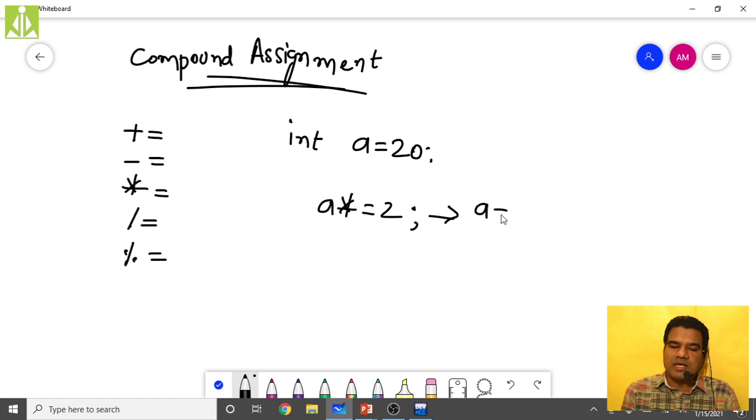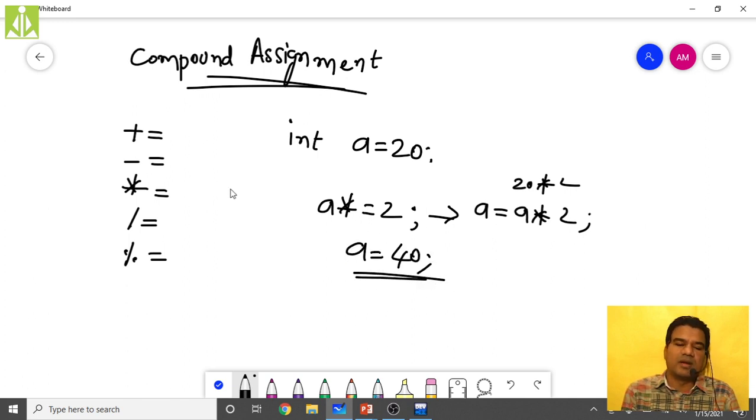This means a equals to a multiplied with 2. What is the value of a? 20. 20 multiplied with 2 will become 40. So finally, after this expression, the a value will become 40. Like this you can remember. Same thing for division equals to 2. Consider the same value for a. Then a equals to a divided by 2.